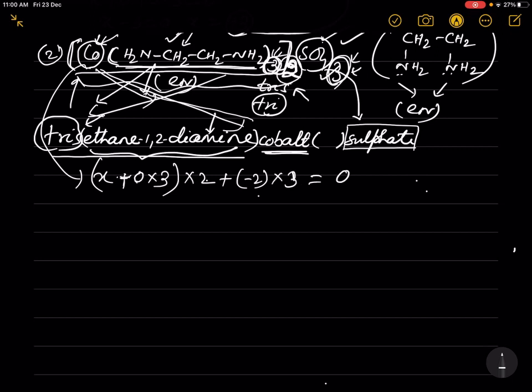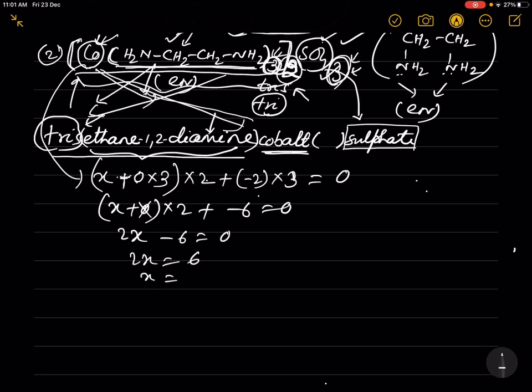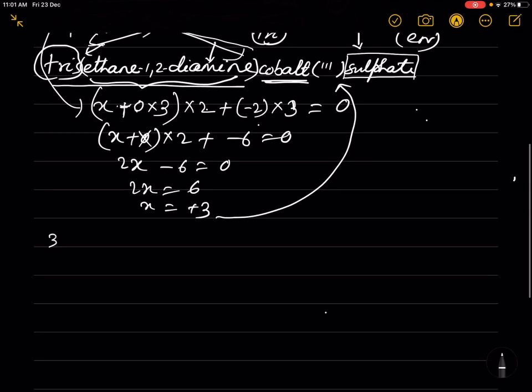Then the total charge is 0, so 2x plus 0 into 2 plus -6 is equal to 0. For the 0, no need to write anything: 2x - 6 is equal to 0. Then 2x is equal to 6, x is equal to plus 3. So here we should write upper Roman numeral 3. Then number 3,